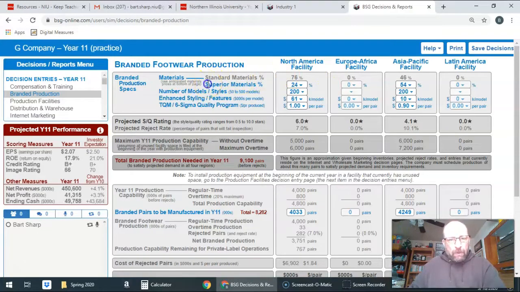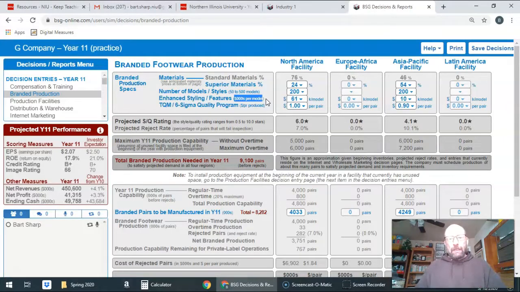Superior materials is an additional cost on every single pair you make, right? Superior materials cost more than regular materials. Okay, kind of obvious. Styling and features. Look here, it says thousands of dollars per model. So this is not an additional cost per shoe. It's an additional cost per model. We'll talk about models more in just a second, but think of models as different colors, different styles, different patterns,